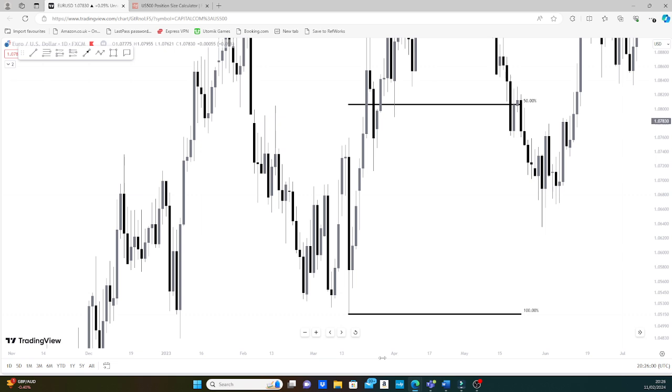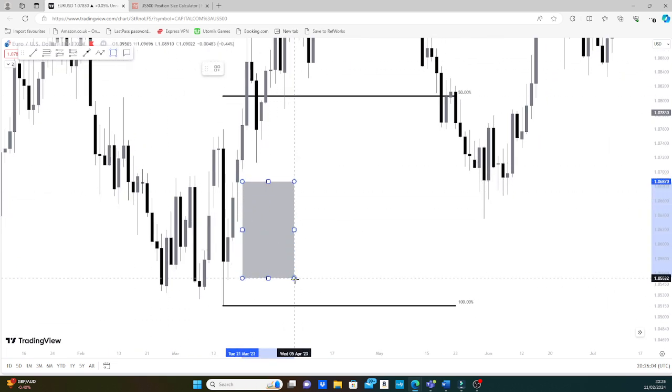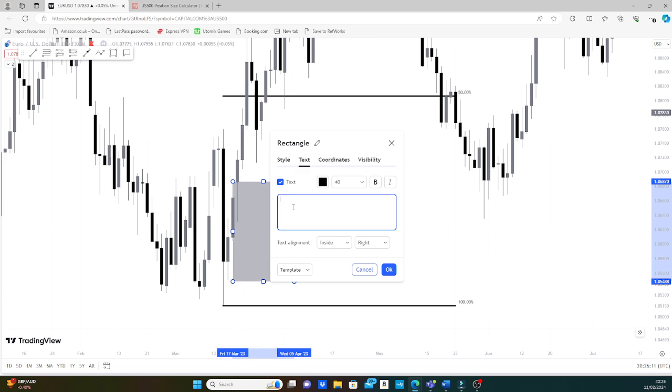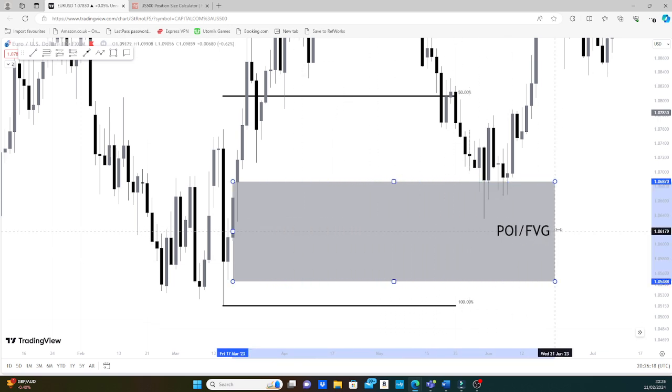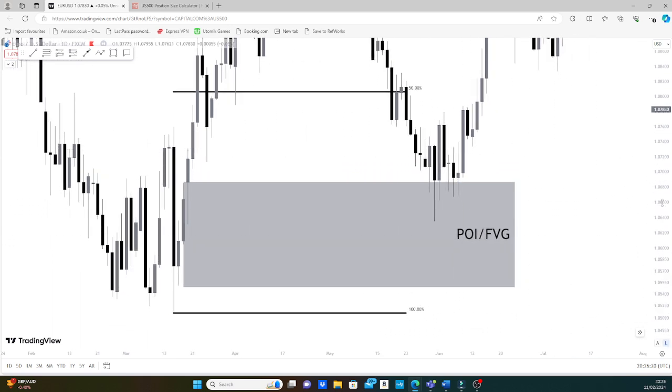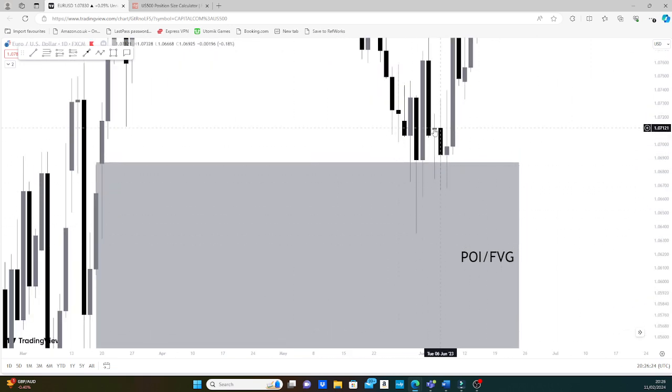Let's zoom in on price and have a look at something. We have a very clear fair value gap over here, right? So this is our candle or our area before a fair value gap, okay? So this is our POI or our fair value gap. We see price leave an inefficiency, okay? And price respects it, it's only the wicks that enter there. Notice how we see only the wicks that are entering. So the wicks give us an indication that yes, price is respecting this fair value gap,